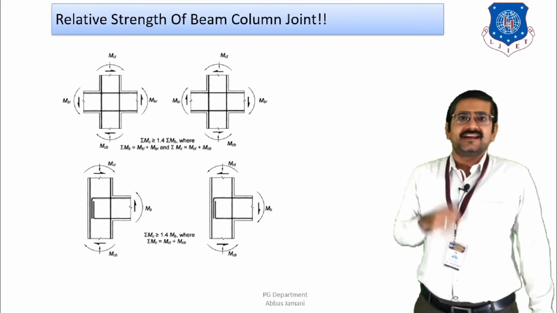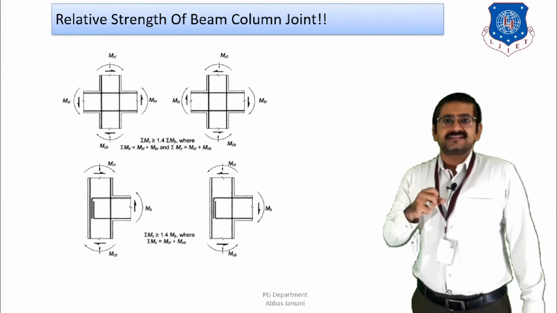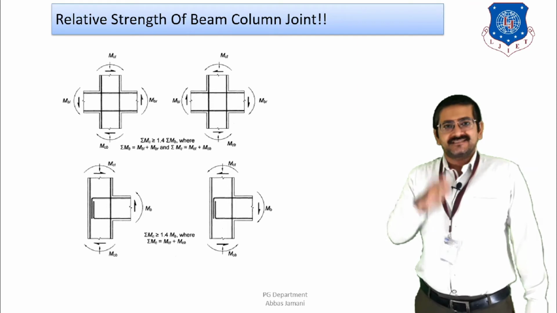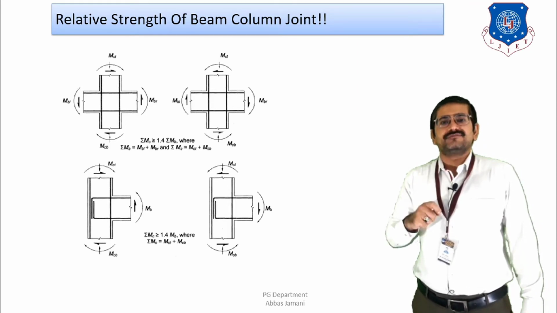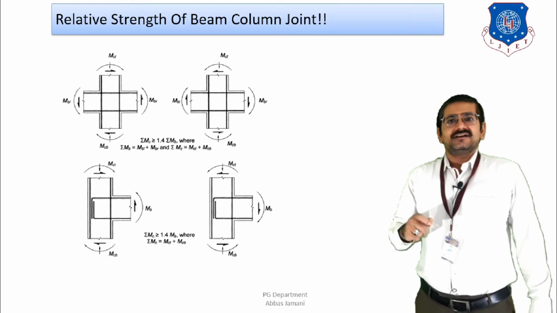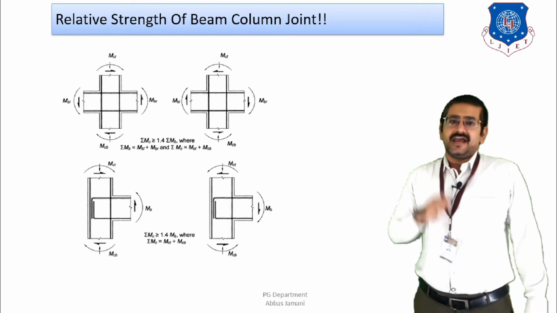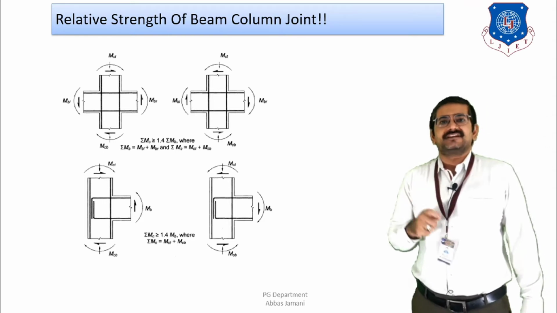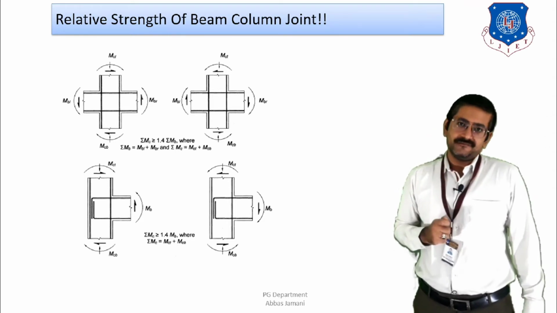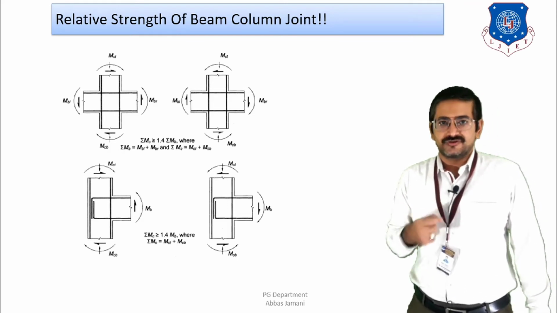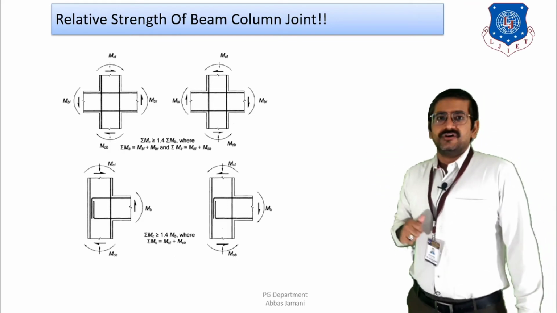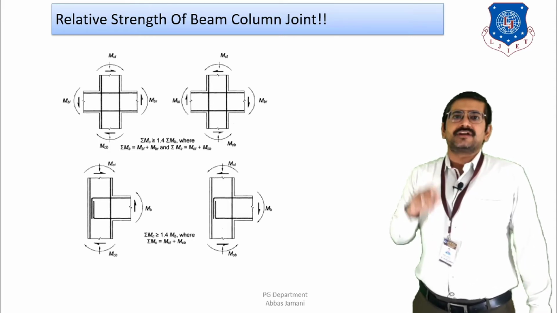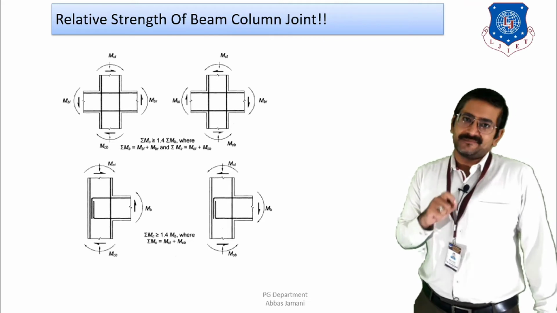Next is regarding the relative strength of the beam column joint. Now in the previous lecture, we have shown that in order to introduce ductility in the member, it is necessary that the inelastic deformation should be limited to the beam and the column should remain elastic in nature. And for that, we also saw the solution in the last lecture, that is the moment carrying capacity of the column should be much higher as compared to that of beams. So the question is how much higher it should be. IS 13920 gives a guideline that the moment carrying capacity of the column should be greater than or equal to 1.4 times the moment carrying capacity of the beam.